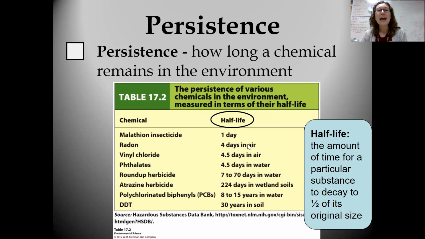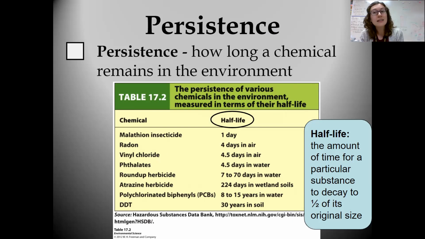For a given half-life, whatever volume I have of a particular substance is going to shrink down or decay and break down until it is only 50% of its original size, mass, or volume. This is going to be extremely important to know, especially in regards to the LD and whenever things are running off into our soil. I want to know how long something is going to stay so that I need to worry about it. So DDT, 30 years for it just to come down 50%.